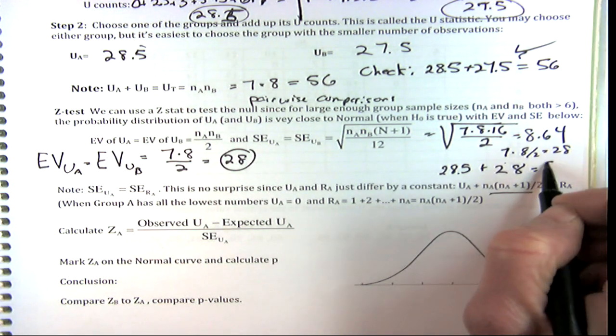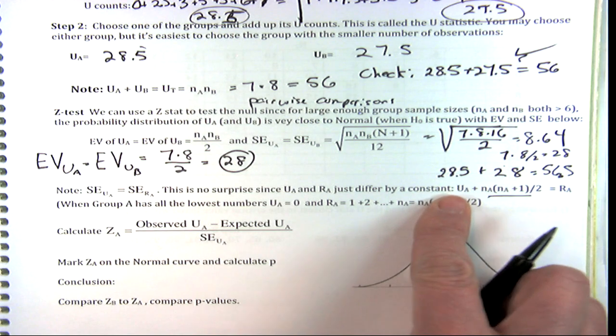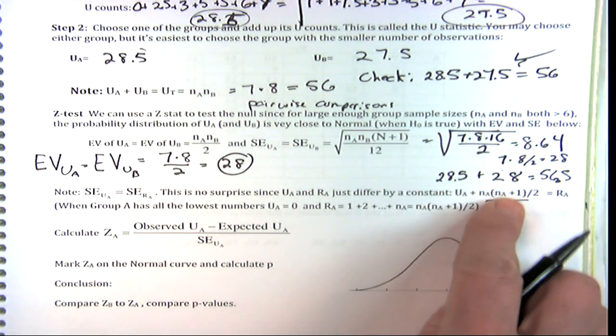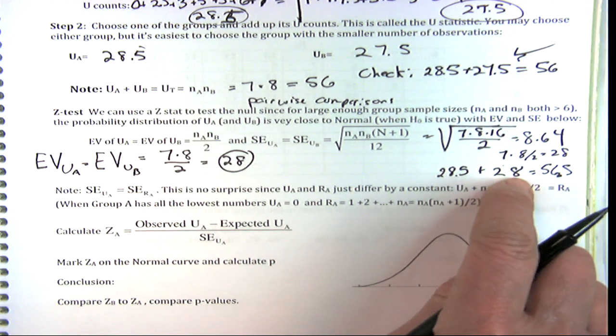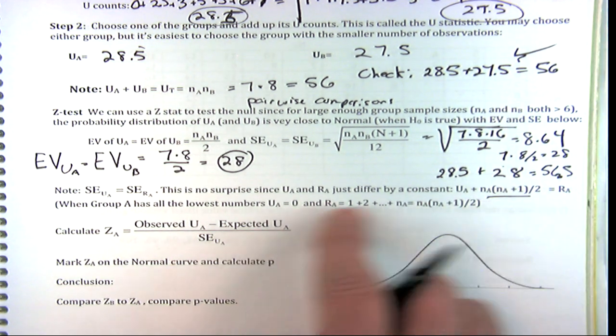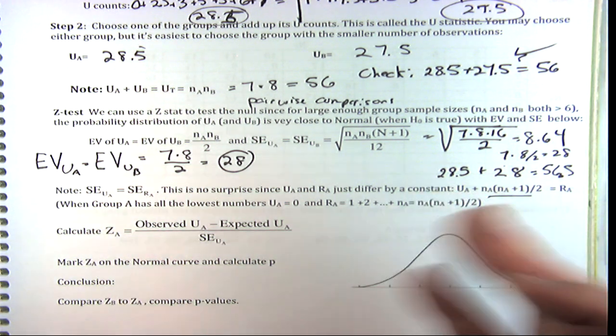And that's equal to 56.5. So this is UA plus the lowest number. That's the constant you'd add to convert to the other one. Does that make sense to people? I don't know if I explained that well. But you see, basically,